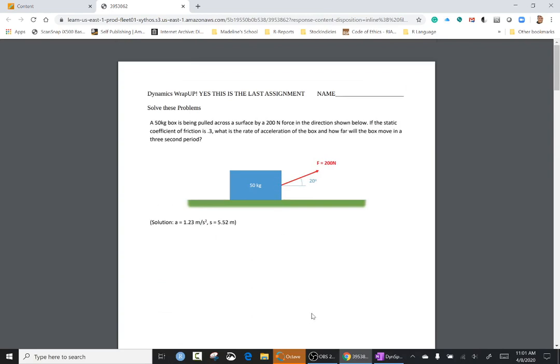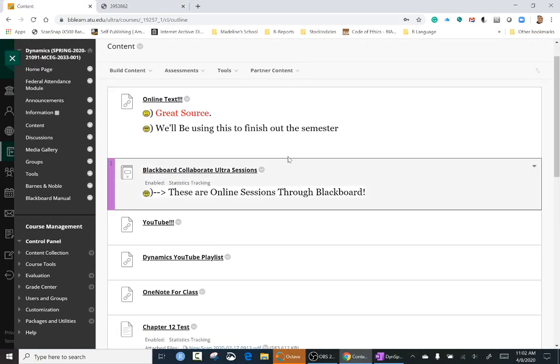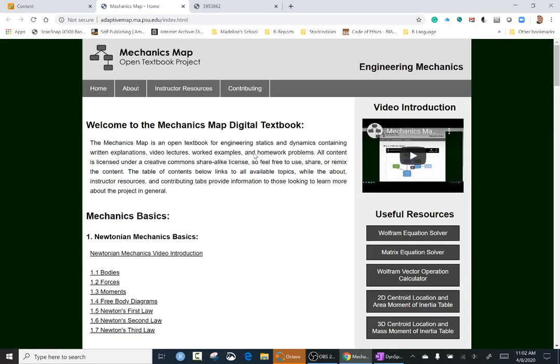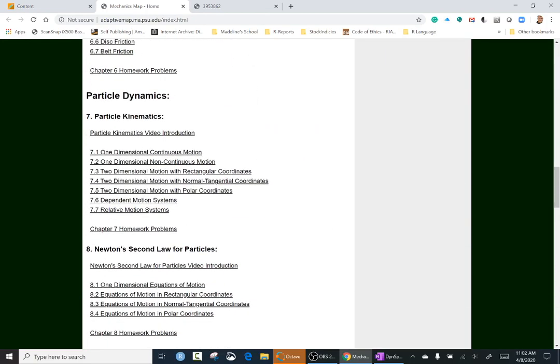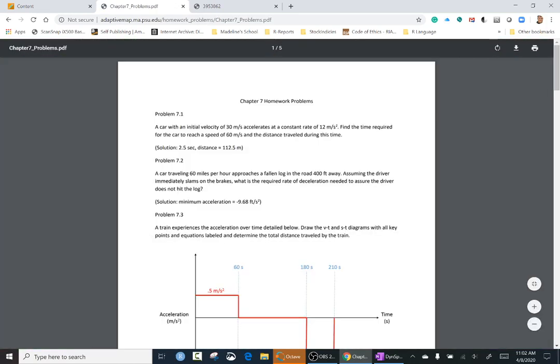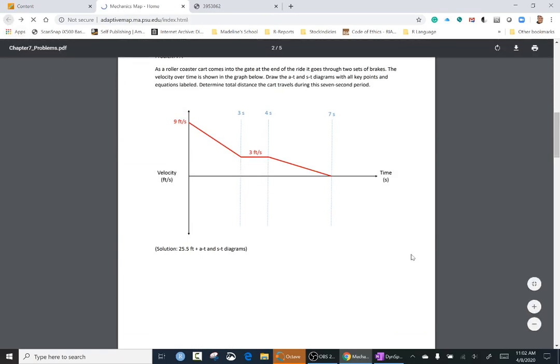So what I'm going to do, go back to Blackboard, go to the very top, take you here. It launches a new tab, and I'm trying to make it go down. Okay, so you go down to Dynamics. What you're going to find is I went straight to